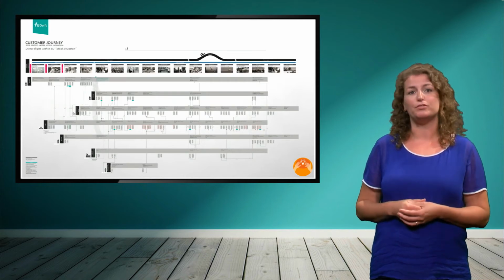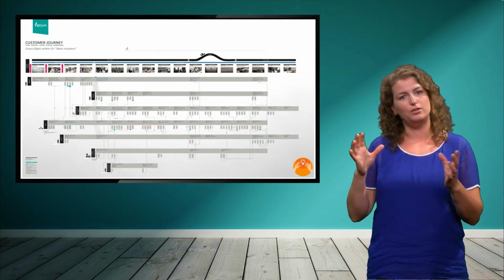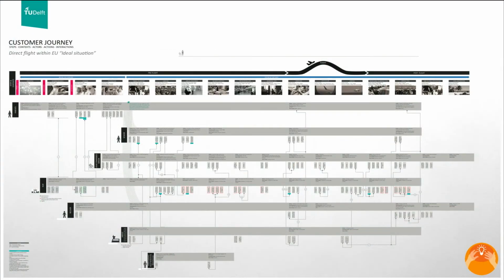The previous example of a stakeholder map shows an overview of all stakeholders in one moment of time, while it can sometimes be valuable to look into how it evolves over time and how those different stakeholders interact with each other. This visual shows what we call a customer journey map. It's, as it says, a map of the journey of a user. And at the top, you see in pictures the stages of their journey. Below, you see the different stakeholders involved, at which moment and when they encounter each other, how and why.